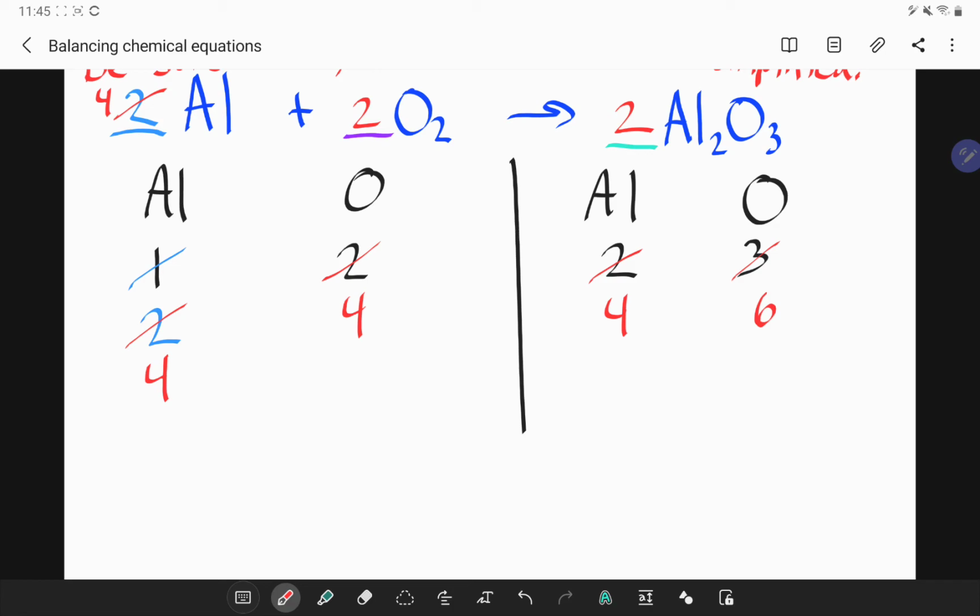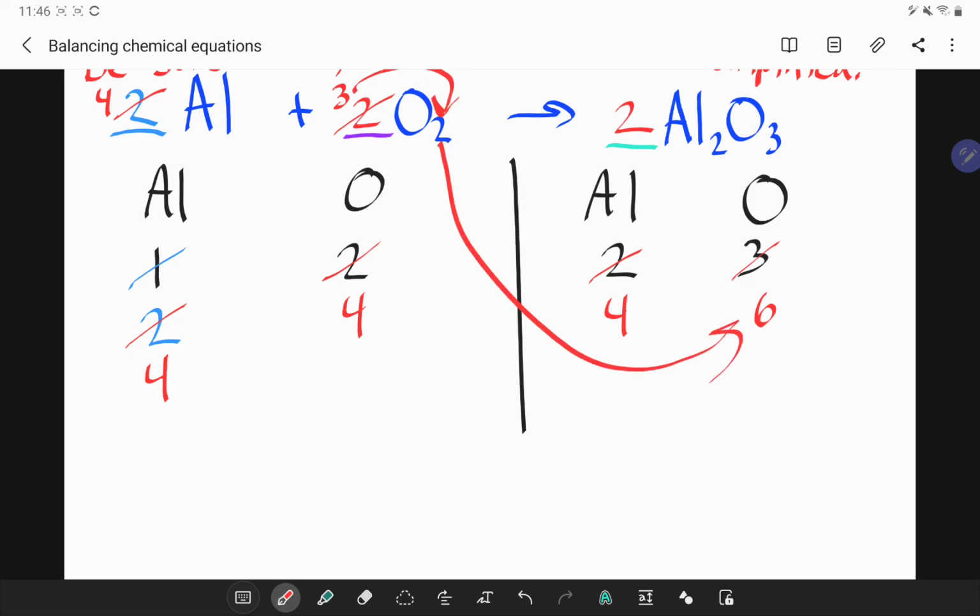So remember, 2 did not go into 3, but 2 does go into 6. So we're going to ask ourselves, what times 2 equals 6? Well, let's cross off this 2 because we're going to put a 3 here. Because 3 times 2